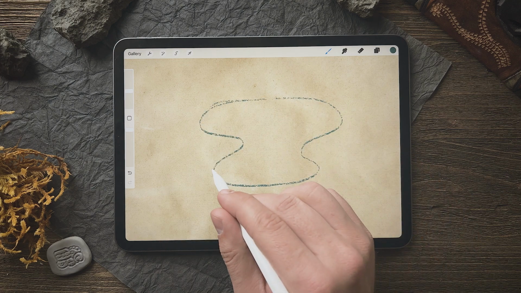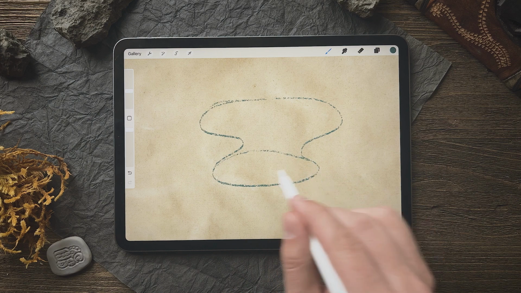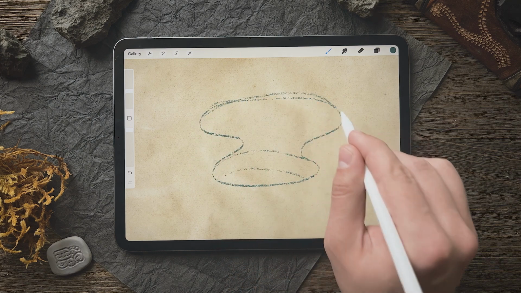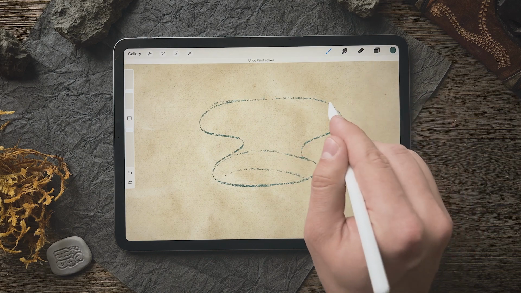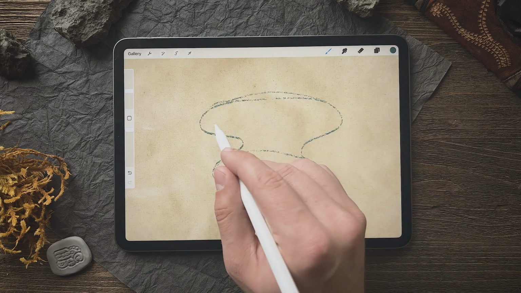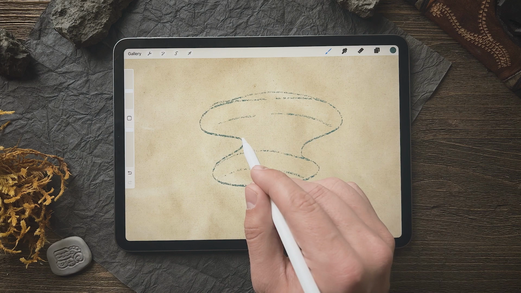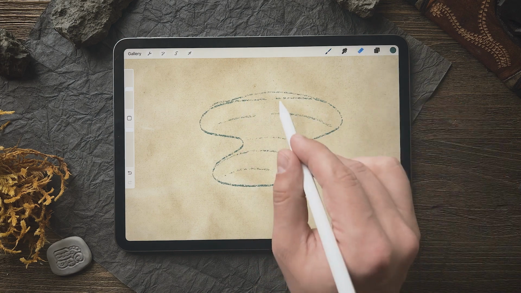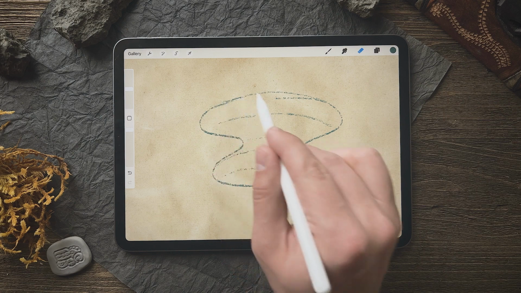And then what I like to do is come in and add some contour lines, and all this is doing is just defining a little bit of the shape, and this will inform where we end up putting some of the details in the following steps. We can just clean this up a little bit,